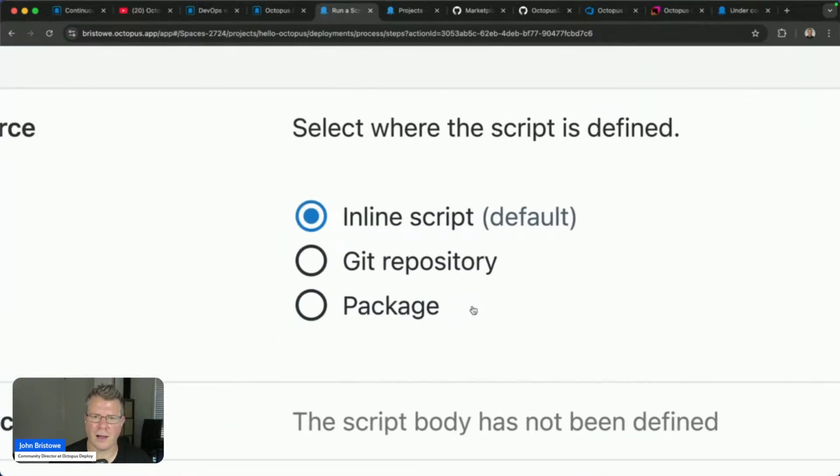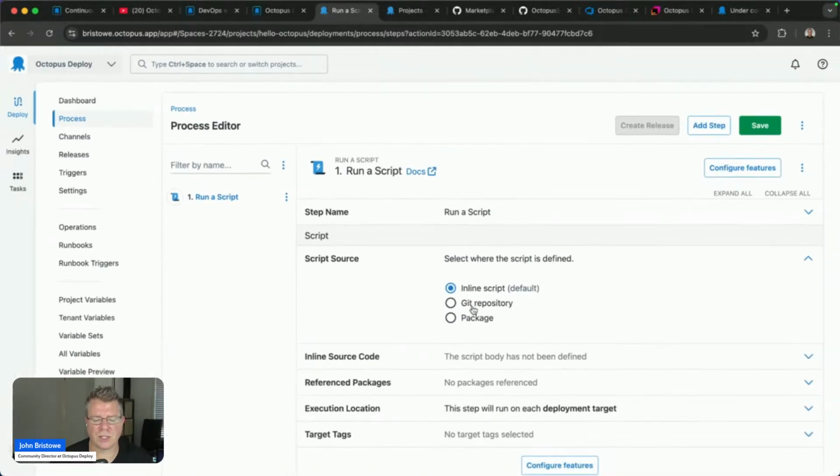So again, there's lots of terms here that you may not appreciate or understand. That's fine. A package to us is like a binary. It's like a zip archive. It can be a tarball, etc. A package is basically a file that you'll send to us, or we can pull down automatically from a remote feed. So packages can live in remote locations and we can pull them down. So for example, a NuGet package, these and other sort of locations you can specify.